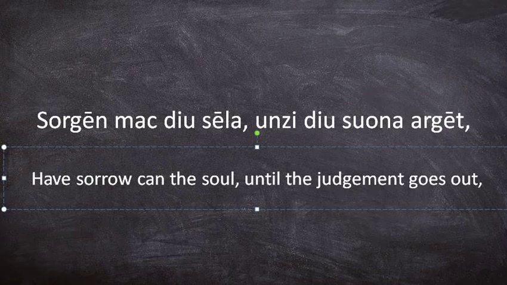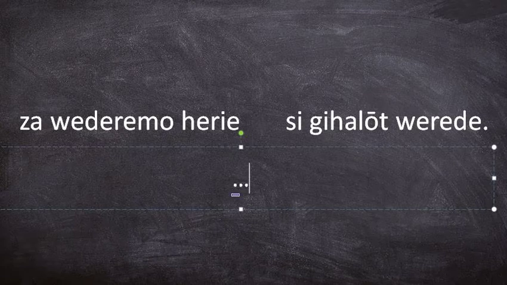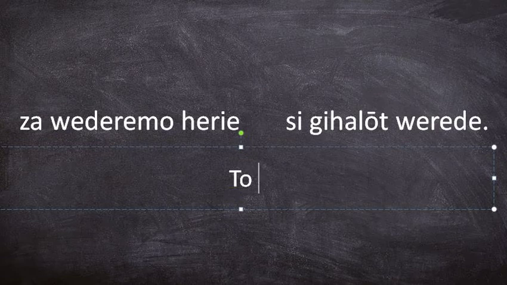Whoops, I gotta put a comma there. Right, let's move on. Tsa vedremo hirie si gehalot verde. Okay, how to translate this? I had a little difficulty with this when I was translating it. Tsa means to or at. So, to. This word here I had some trouble with because it is a very dialectal word, and what it means is it's actually a compound of the definite article, the, in the singular dative. And this word here,